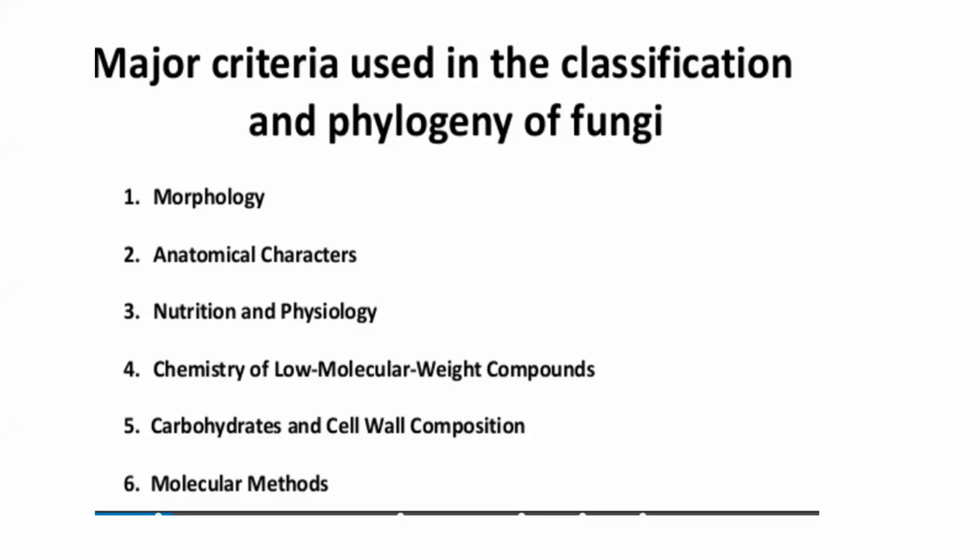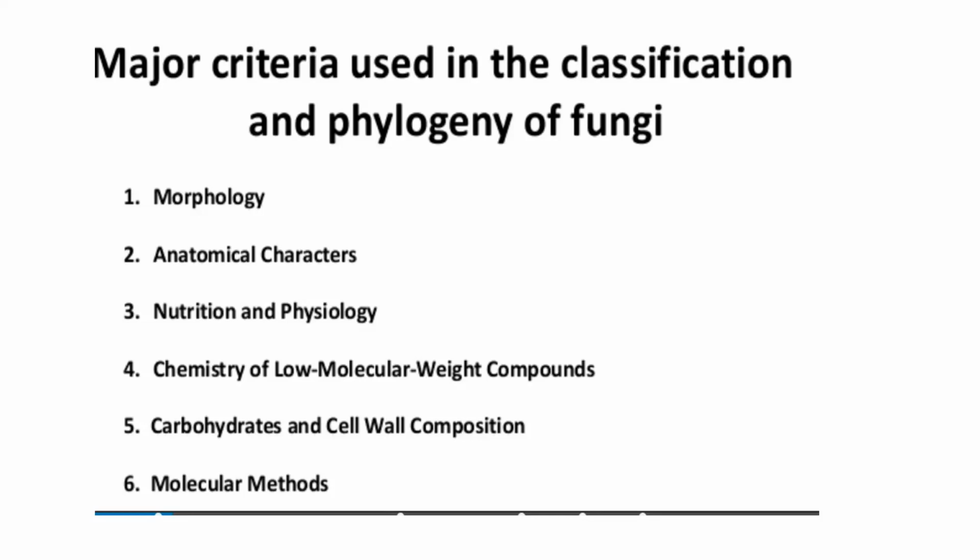Third in line, most important, is the nutrition and physiology. So the mode of nutrition is also variable in various fungi. Some of them show a phagotrophic mode of nutrition, that is, they engulf the food. Okay, they totally surround the food. The cell of the fungi surrounds the food, okay, and then engulfs it totally. It releases enzymes and then it digests. So some fungi are phagotrophic, but most of them are absorptive. They release the enzyme, break down the food, and then they absorb the food through their cell wall.